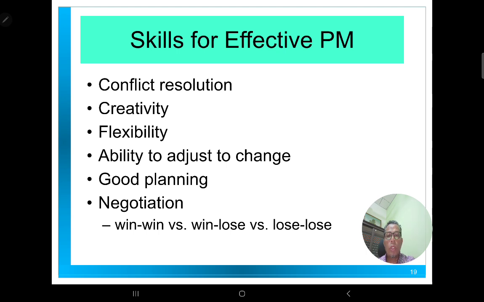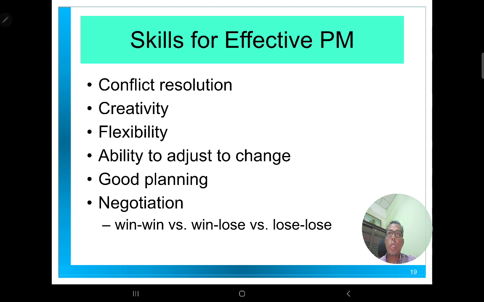I'm just going to continue my lecture for this professional management course. So in the previous lecture, I've talked about the definition of the project and what are the characteristics of a project and the importance of project management. So in order to execute a project, you should have a very good project management.